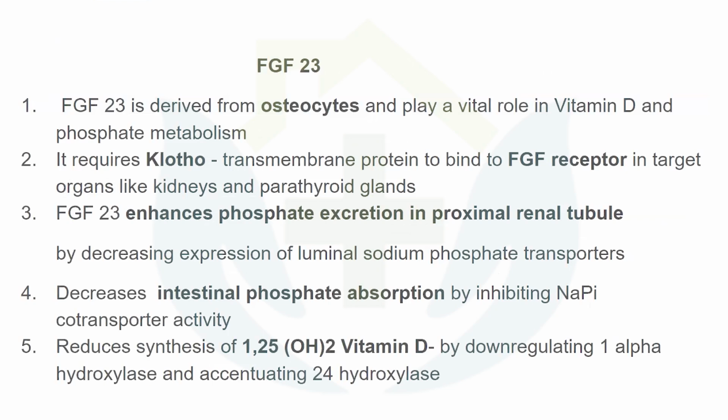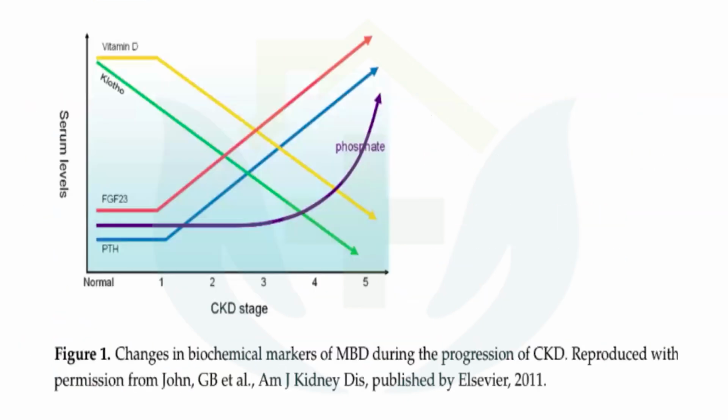This factor requires klotho, a transmembrane protein, to bind to FGF receptor in target organs like the kidneys and parathyroid gland. FGF23 enhances phosphate excretion in the proximal renal tubule, decreases intestinal phosphate absorption, and reduces the synthesis of active vitamin D. So if you look at this chart, we can see that as the CKD stage progresses, there is